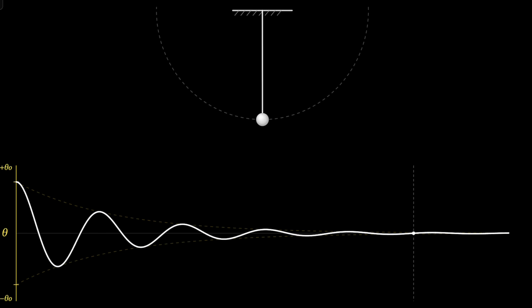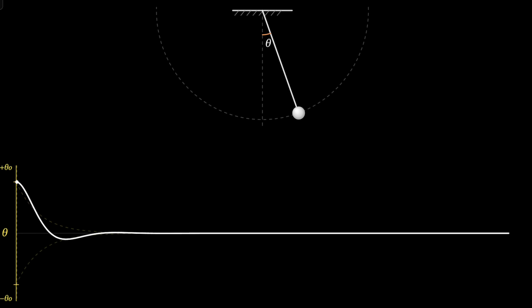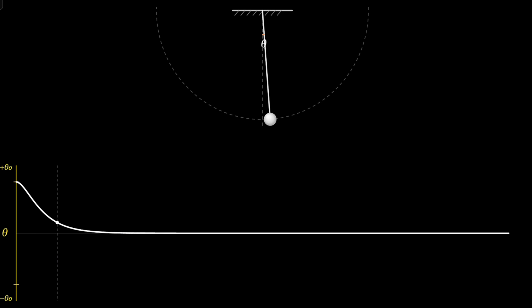But now watch what happens if I make the strength very high. Look, now it no longer oscillates. What's going on? Well, now the damping, the resistive forces are so high that when I let go of this pendulum, it just comes to the equilibrium position and stops. So notice this time the graph is so different. And this is what I meant earlier, that the graph of damped oscillators can be very, very interesting